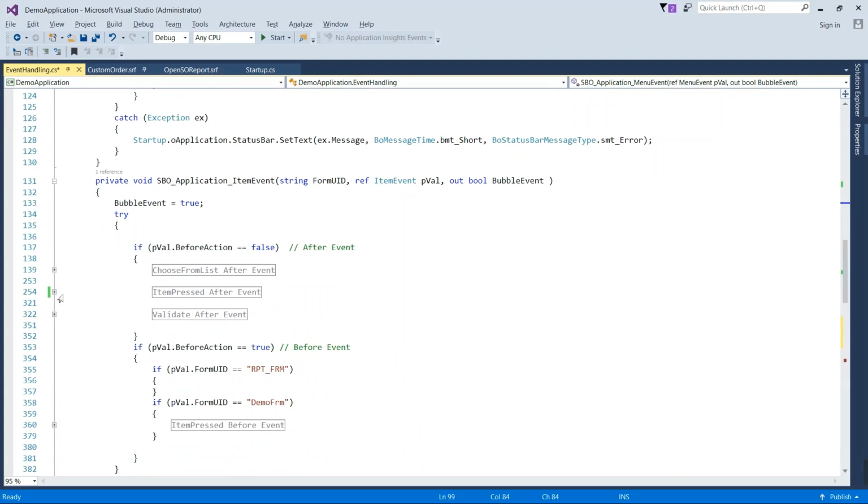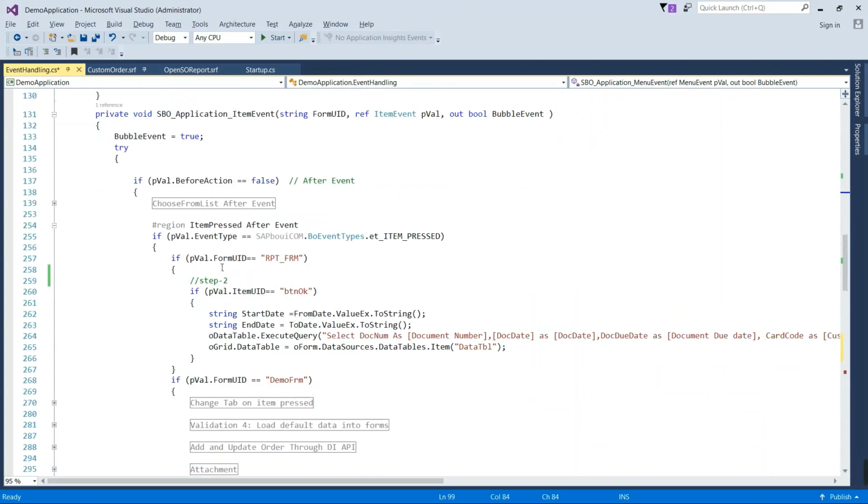You can see here the item press after event. Here I have checked whether this is the form ID which I'm going to process. If it is, then I'm checking whether it is the OK button, because the OK button ID is btnOK. Once it is confirmed, we are getting the user data source value with the help of the ValueEx property, as I have explained inside the slide.